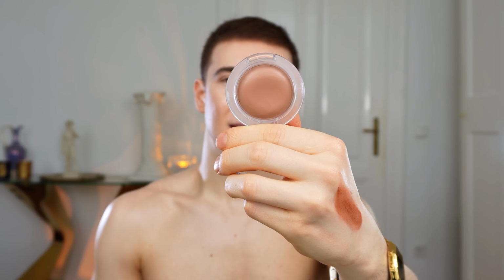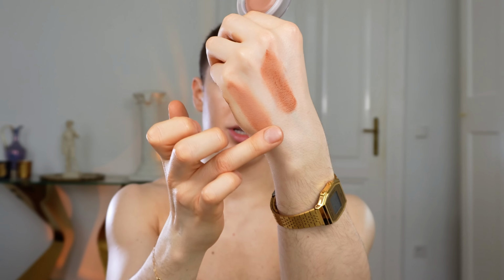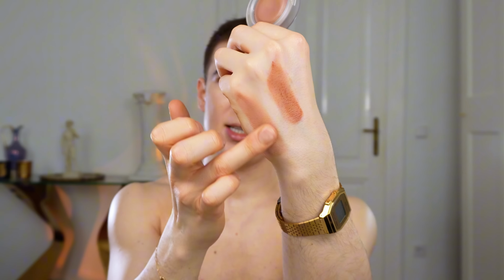This is by MAC, their Glow Play Blush in the color True Harmony. And this is a big favorite because, again, it sort of combines multiple products into one. So I'm gonna swatch it right here next to the Tower 28 blush. And I'm thinking maybe I'll do one on one cheek and one on the other to really show you the